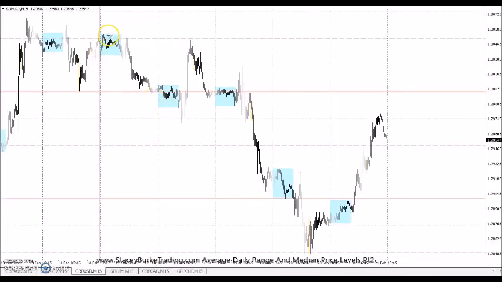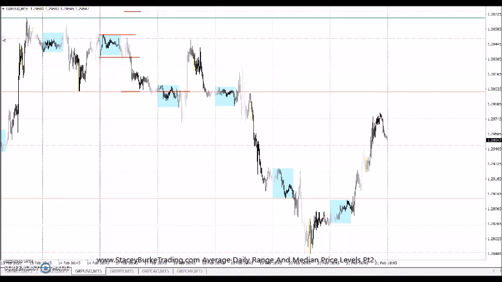So if we head into the equity session, we used a couple of examples, the high of the day, low of the day example. In this particular case, the Asian range printed between the 25 pip increments. And the other example that we used was when the Asian range prints around a number, and we call that median price. And with this, we can project possibly plus or minus 25 pips on either side as possible areas where the market may move towards or reverse off of. And on Monday, we also had the previous week's high up here.